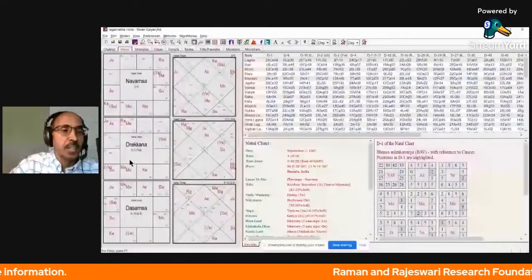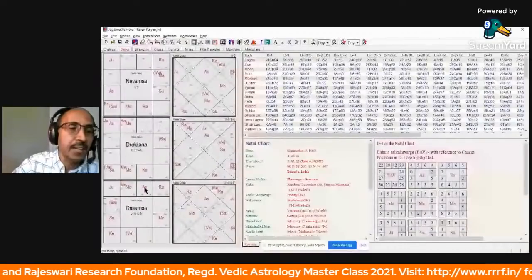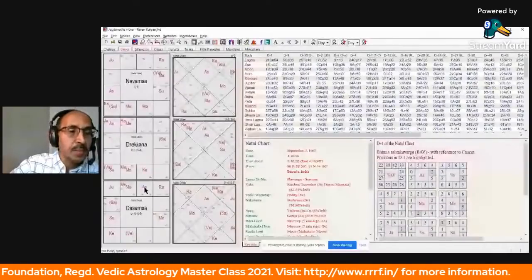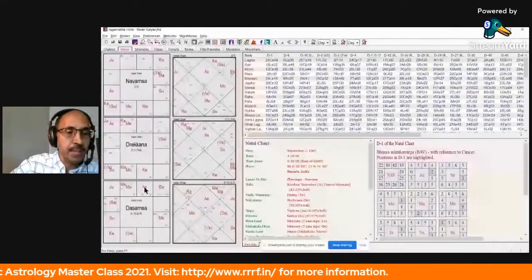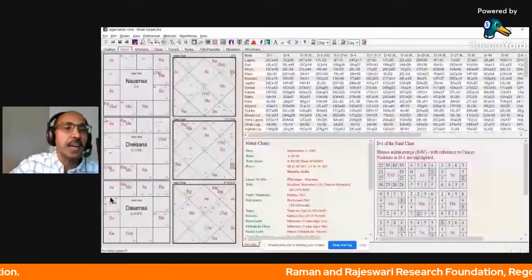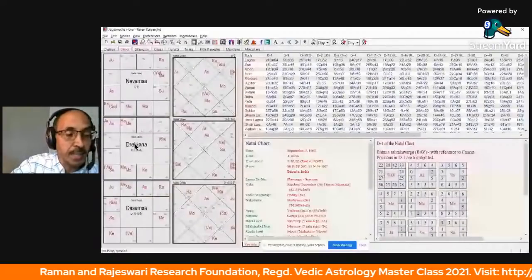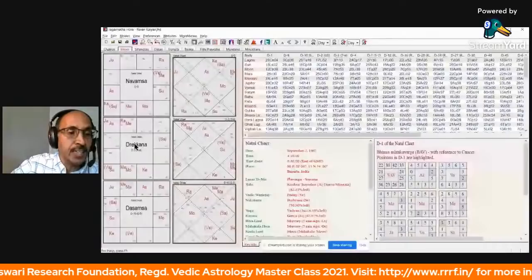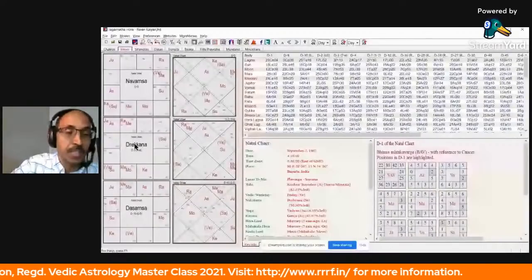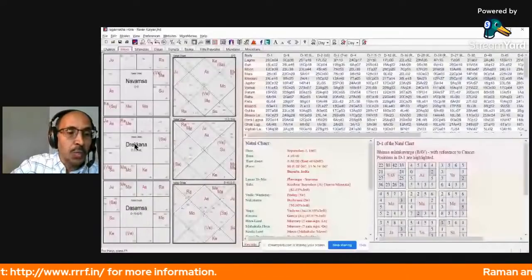And if you look at his own Dasamsha chart, you will see that the 10th house is very strong. First, I'll talk about the link later, but let us look at his own Dasamsha chart. In his Dasamsha chart, the 10th Lord Saturn, Yogakaraka Saturn, is in own house. 10th Lord Saturn is in the 10th house, giving a Shasha Yoga. Saturn is very strong there, and Moon is